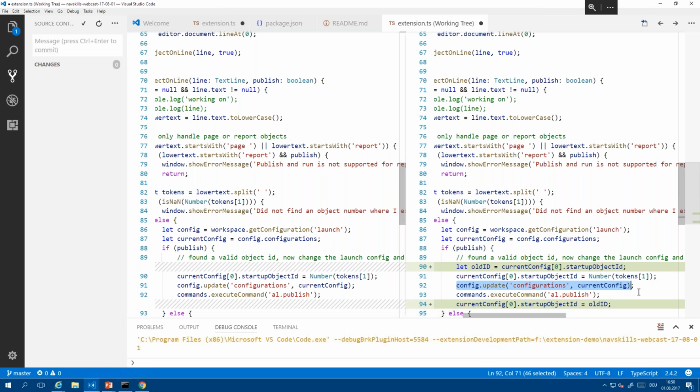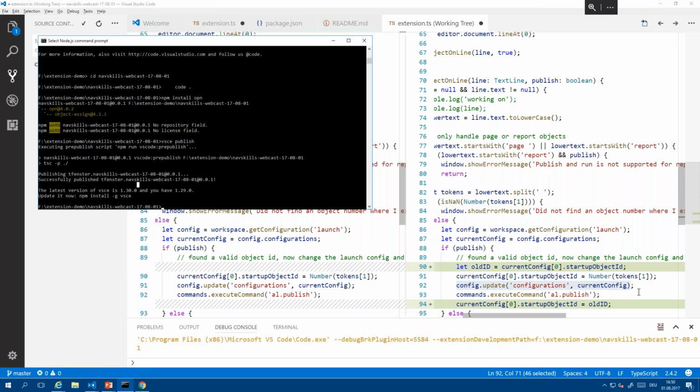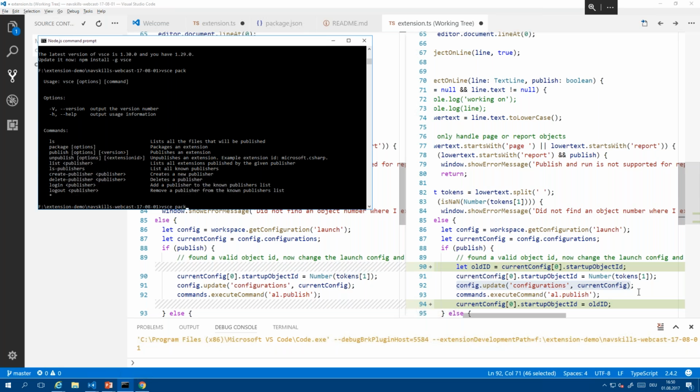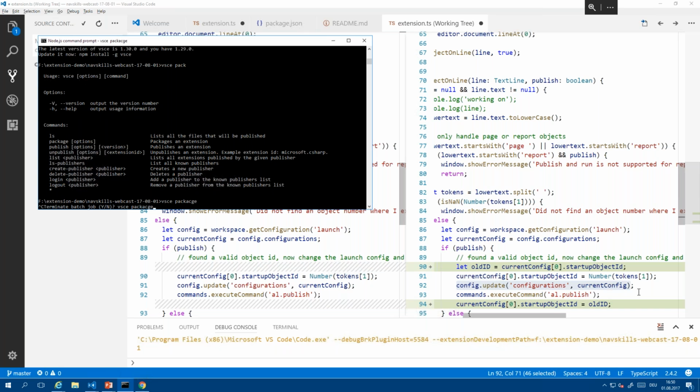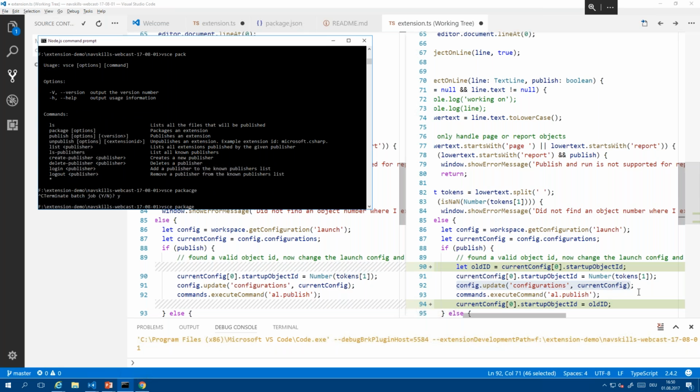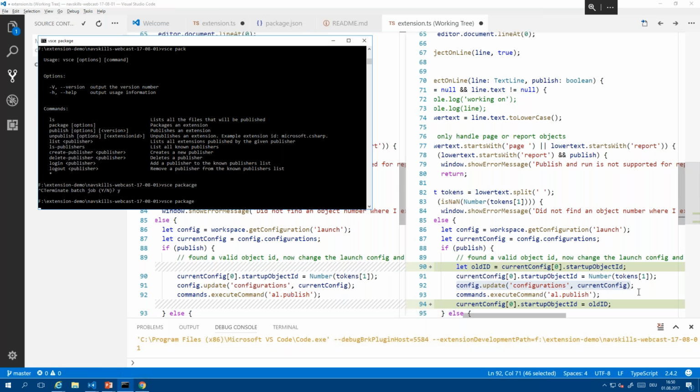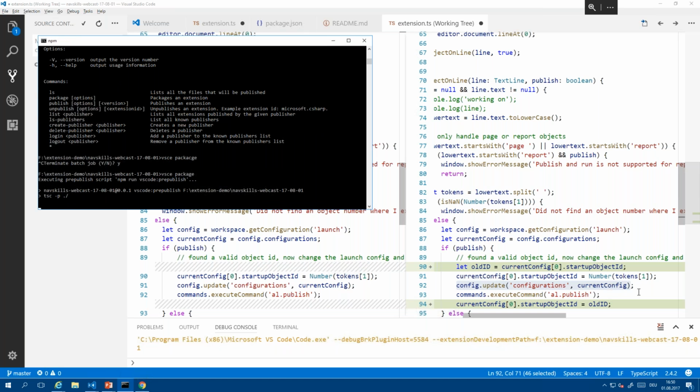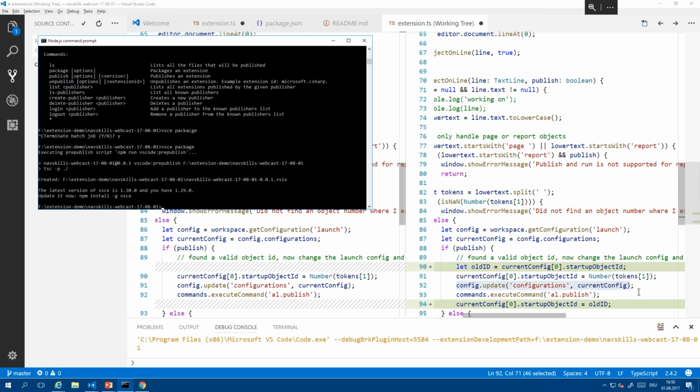Yeah. What we currently did is we did a VSCE publish, as you see here. What we can also do, I think it's VSCE pack. I'm not sure because I've never done it before. No, it's package. Isn't this what Microsoft is doing now with the AL compiler? Because it's not on the marketplace yet; it's only on the virtual machine. Yes, exactly. We're doing a VSCE package, and this should do the same that the publish does, but it's not actually publishing. It's just creating a file.